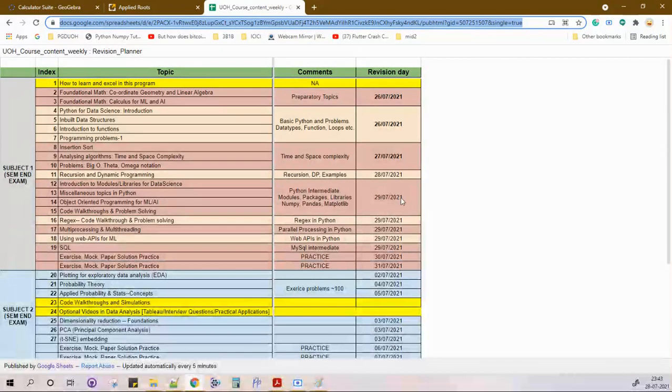So what is the plan for tomorrow? Day 29, so we have so many things. Modules, library, miscellaneous topics, OOPs in Python. We want to be covering NumPy, pandas, and everything. Regex is one thing that we are going to solve, because in the mail sir mentioned, I guess, to DP Sharma maybe, that we need to consider regex. So we will cover basic operations in regex. Multi-processing, multi-threading, we can skip it because objective questions cannot be made from here. Web APIs, again we will skip it.